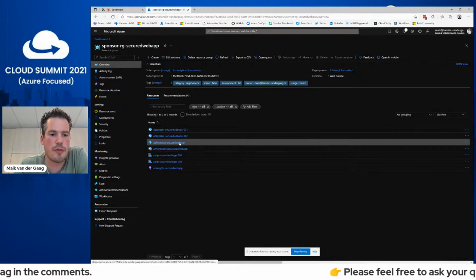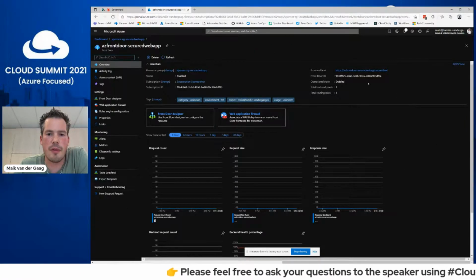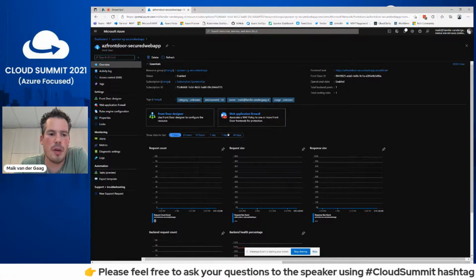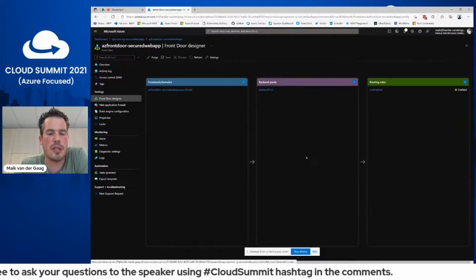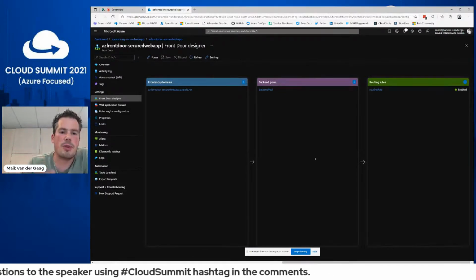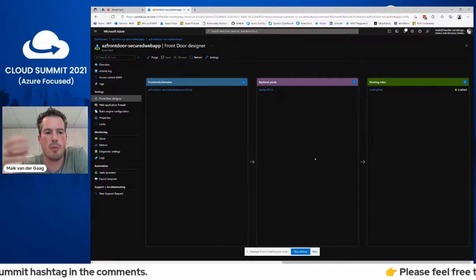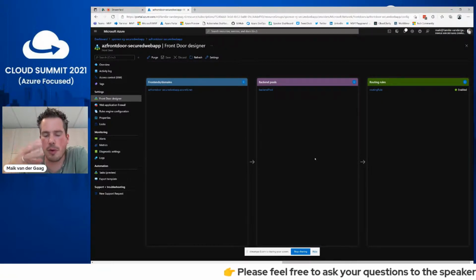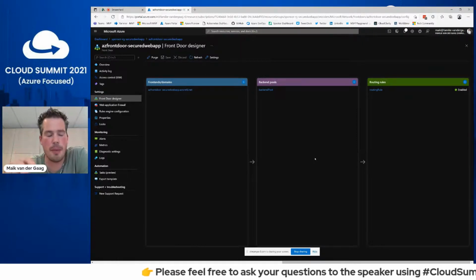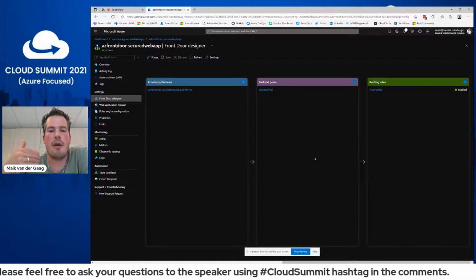So if you move to Front Door, you can see that we have some default overview regarding the request counts, everything is being used, and we have the Front Door Designer, giving you one dashboard for your complete application where you specify how Front Door should work. Front Door mainly works with a front end, a backend pool, and specific routing rules specifying how traffic should be